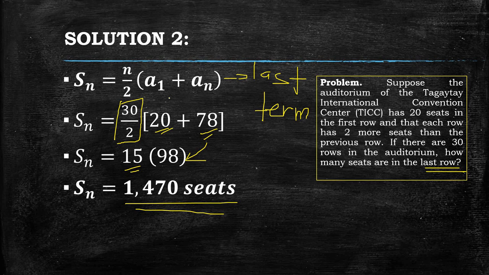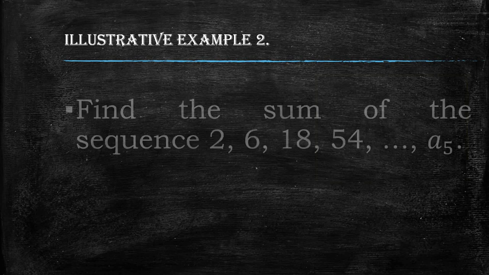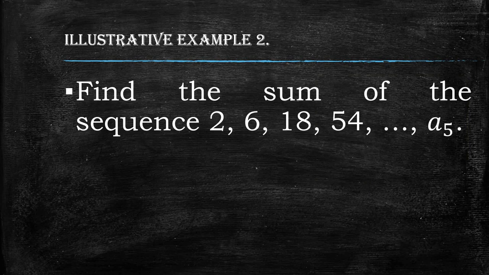Pero kung hindi pa kayo confident dito, pwede kayo bumalik dun sa unang solution kasi lahat ng mga problems sa arithmetic sequence, especially sa sum, ay kayang-kayang isolve ng ating first formula. Okay? So, sana naintindihan niyo yan at may natutunan kayo sa part na yan. Okay, so, continue tayo. Our next example, find the sum of the sequence 2, 6, 18, 54 up to a